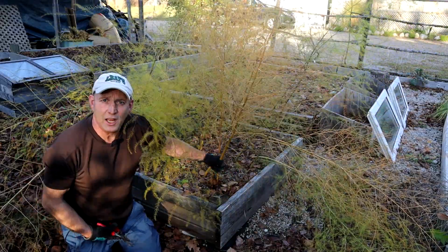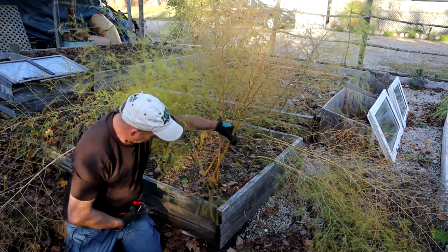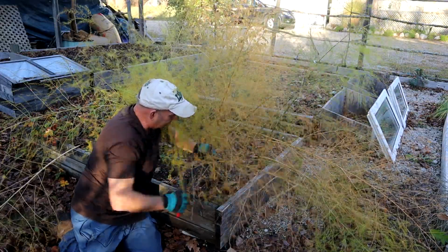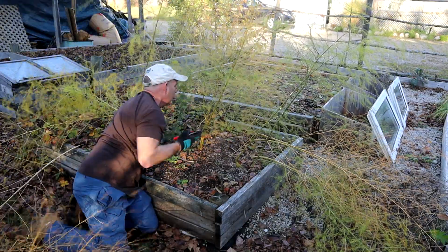Now they've turned yellow. They're green in the season and they turn yellow, so that is a sign that you want to cut them back. So as usual, cut them hard back, same as with the raspberries. Cut them hard back,